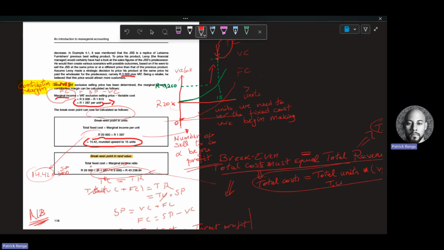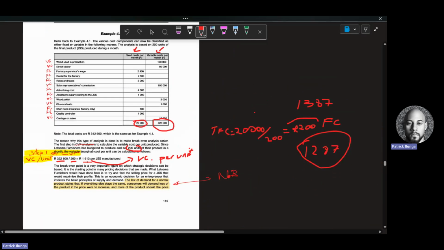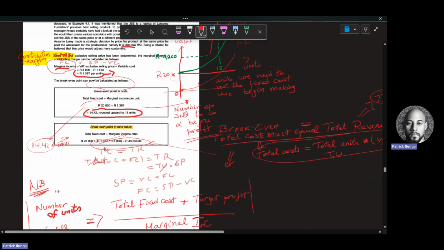So practice these things. So like I said, this was a very important point to ensure that when you are doing your practice, you are not confused, right? My bad, because I made a bit of a mistake here, of a blunder, sorry, when I was talking about the marginal income. This is not the marginal income. This is the variable cost per unit, right? So, but I've rectified that for you.